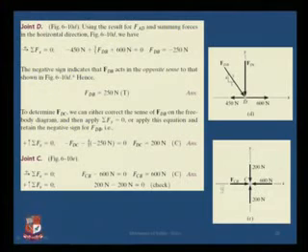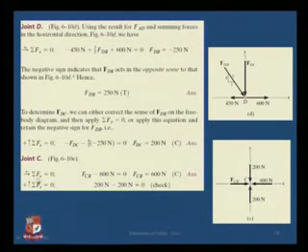Next I need to solve joint C for this case. If you see at joint C, again I will be writing summation Fx. Here you can see there is no inclined member, only vertical and horizontal members. So it is very easy to find out the value of FCB, because these two are nullifying each other. You have only one horizontal force, which is 600 Newton being applied, and that is giving you your FCB force.